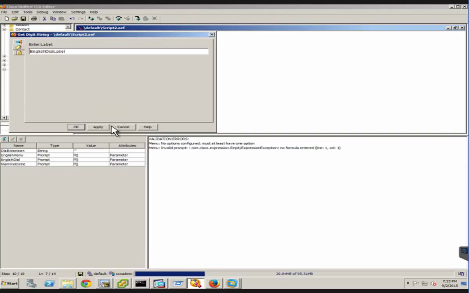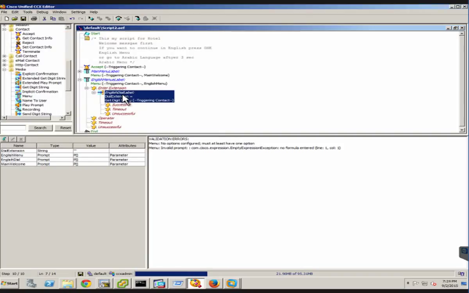Okay, click on apply and click on OK. So now I created this digit extension, enter the extension number, and digit string. It's already configured. Okay, so if it's successful, I will forward this number